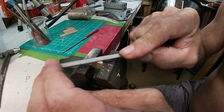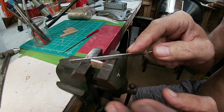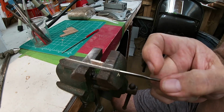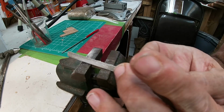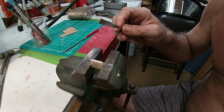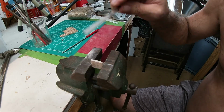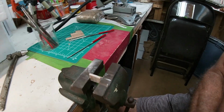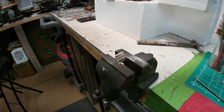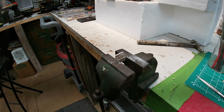Oop. That's how soft that basswood is. Very lightly sand these corners off. So I think